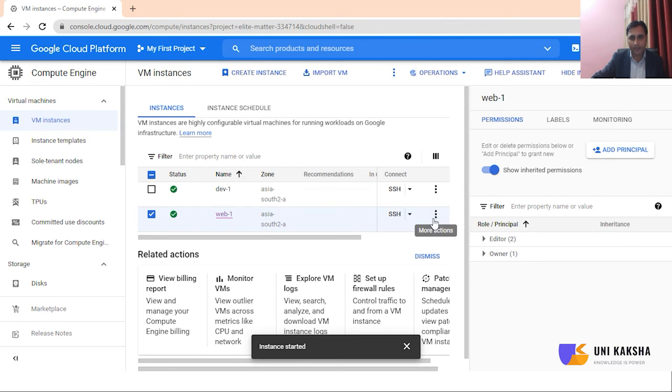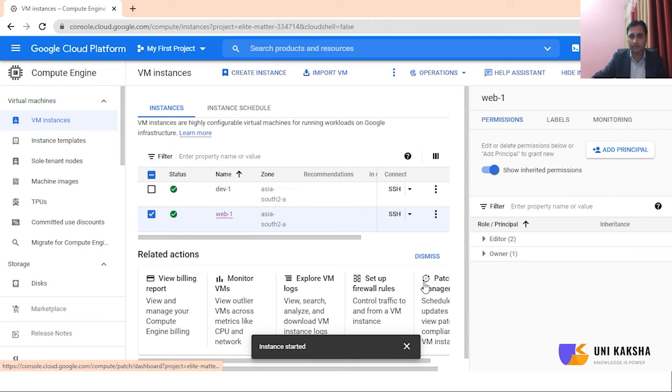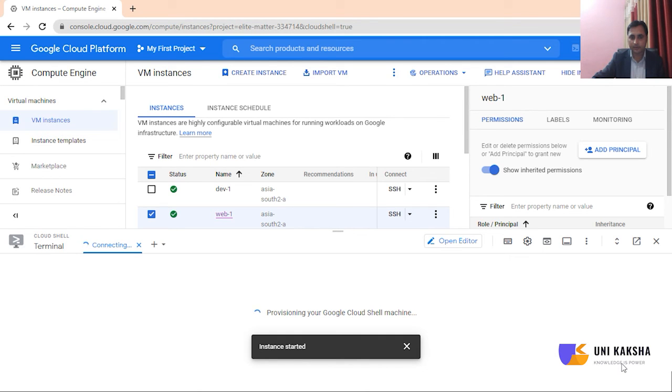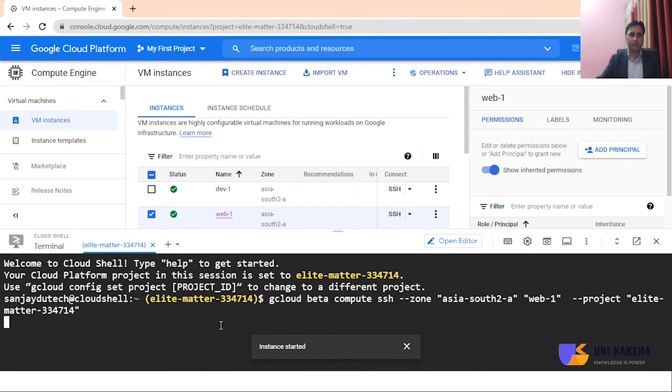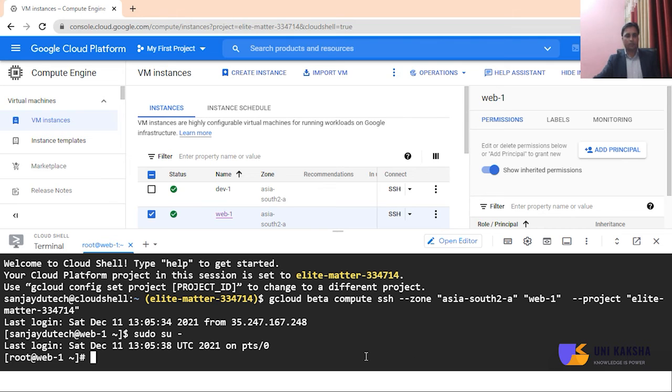So again, let me connect with this one, via gcloud, run in the Cloud Shell. Press enter. Perfect. sudo su hyphen. If I show you lsblk,